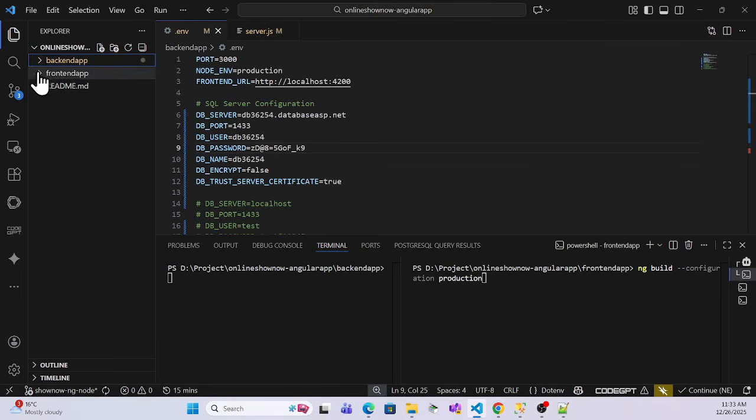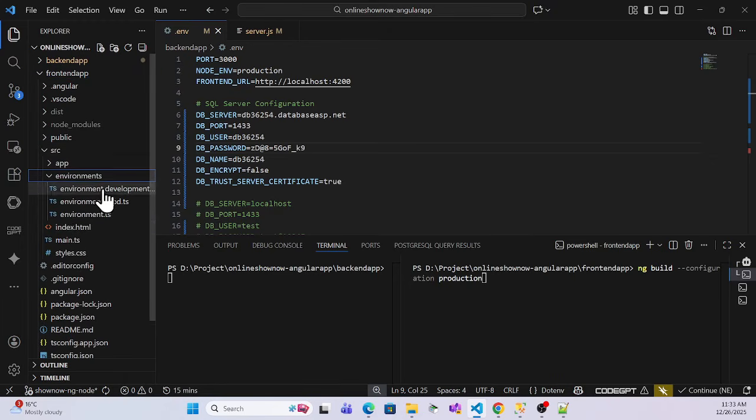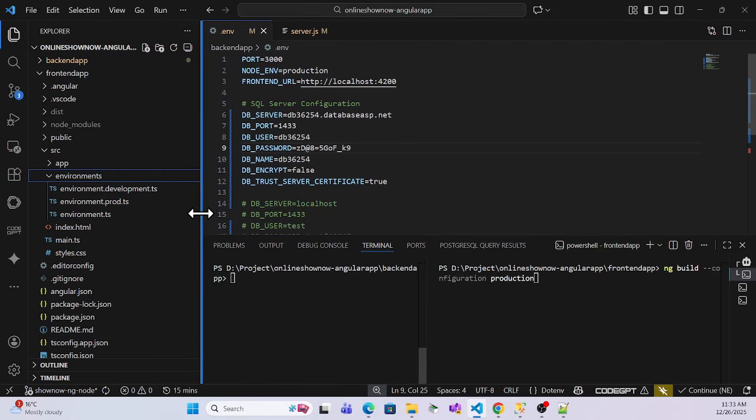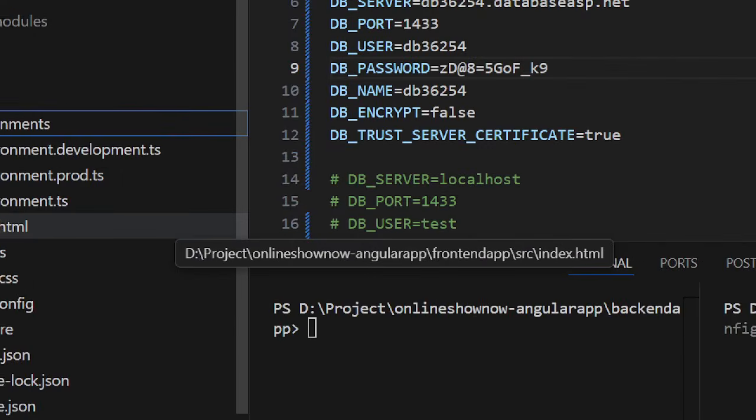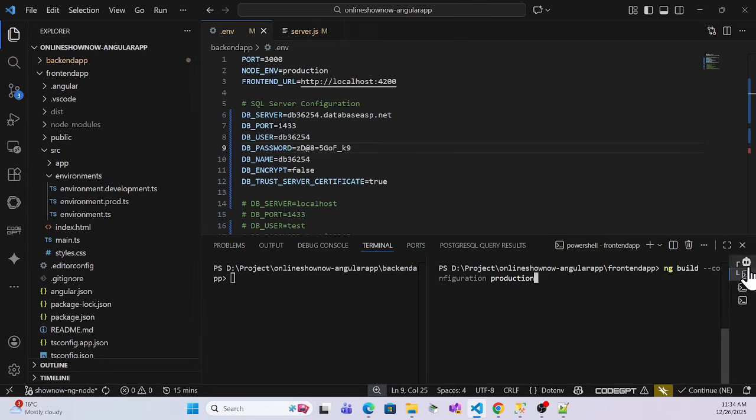in my front end application, I just set the environment. If you observe over here, this is the environment. So based on whatever environment I set for creating the build, it will use either the development or the production one. So I'll just use the production build. Simply hit enter, and once you hit enter,